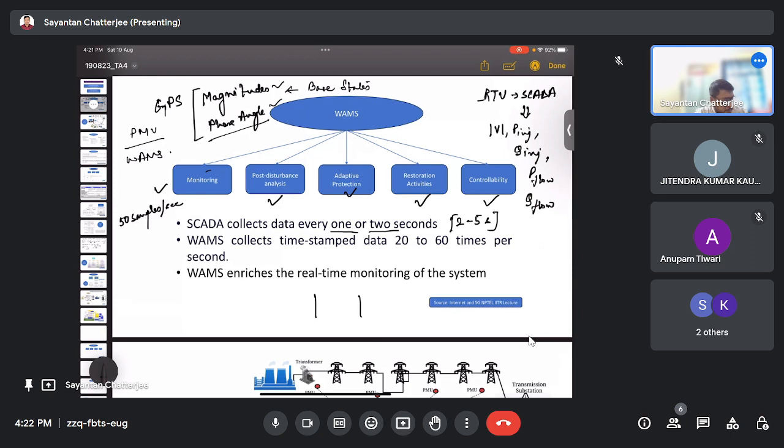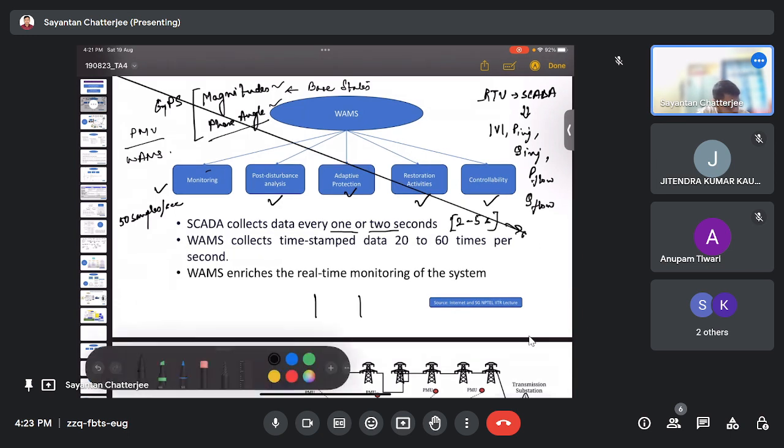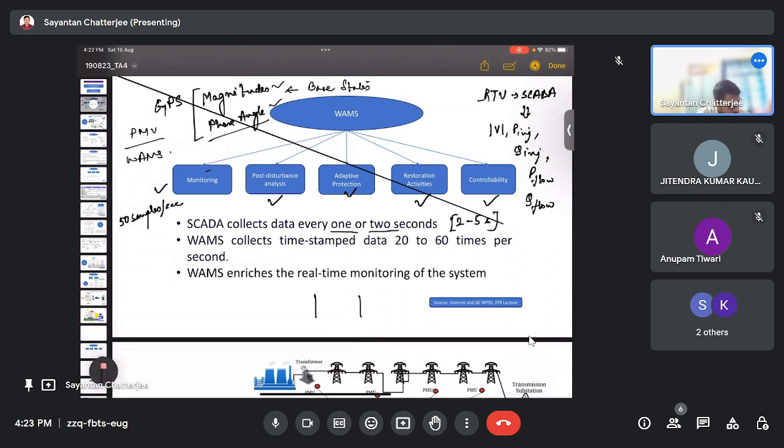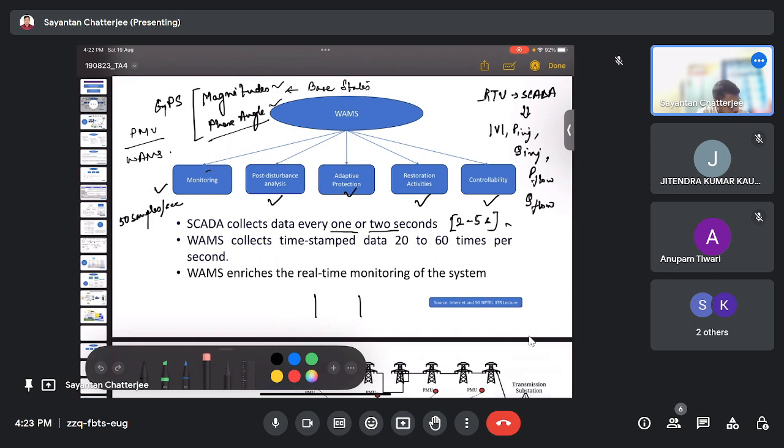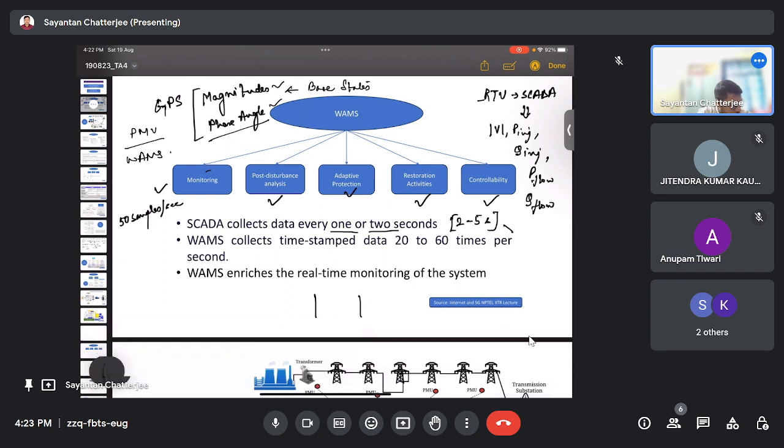And that too in asynchronous mode of operation, meaning there is no fixed time stamping. The time stamping is done by the server and not by the measuring device itself. Whereas the WAMS collect the data 20 to 60 times per second,